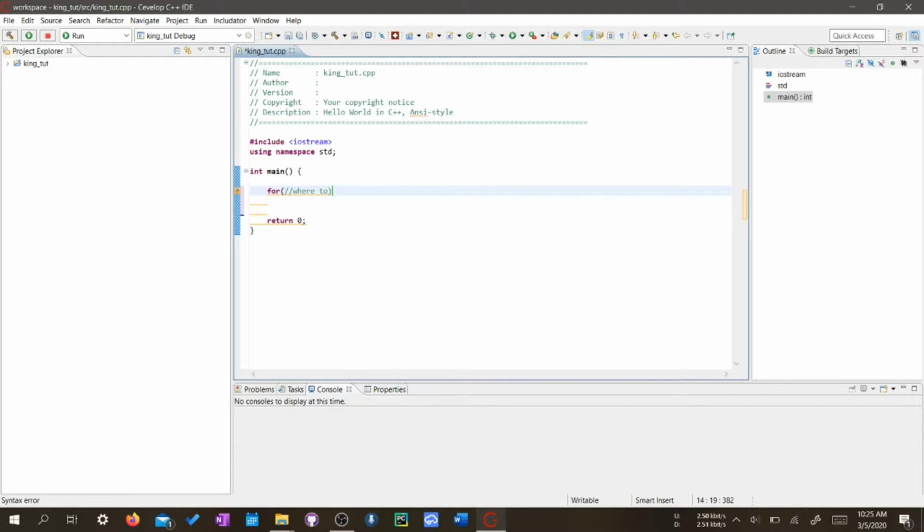You need to put in where to start, and then separated by a semicolon, where to end, another semicolon, and the increase, how much you want to increase or decrease by. An example would be